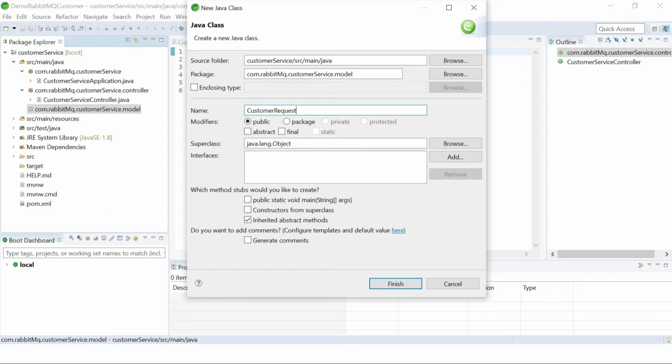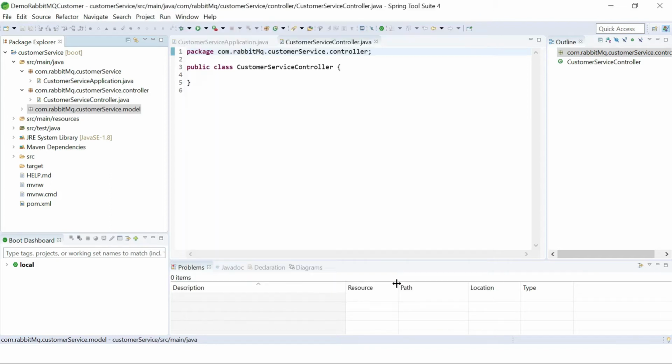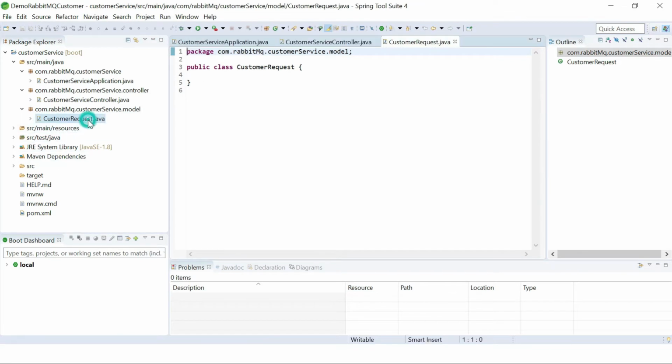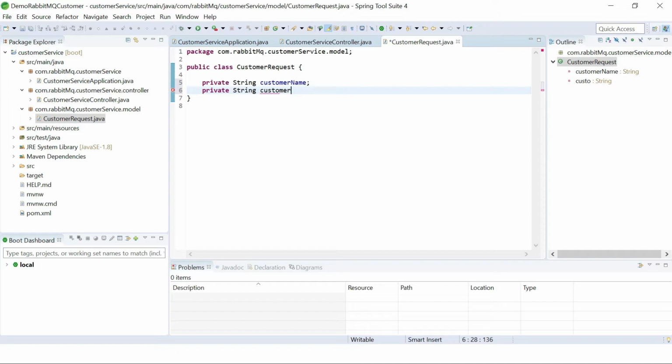So this is our request. Let me first create my POJO class. So private String customer name, private String customer city.